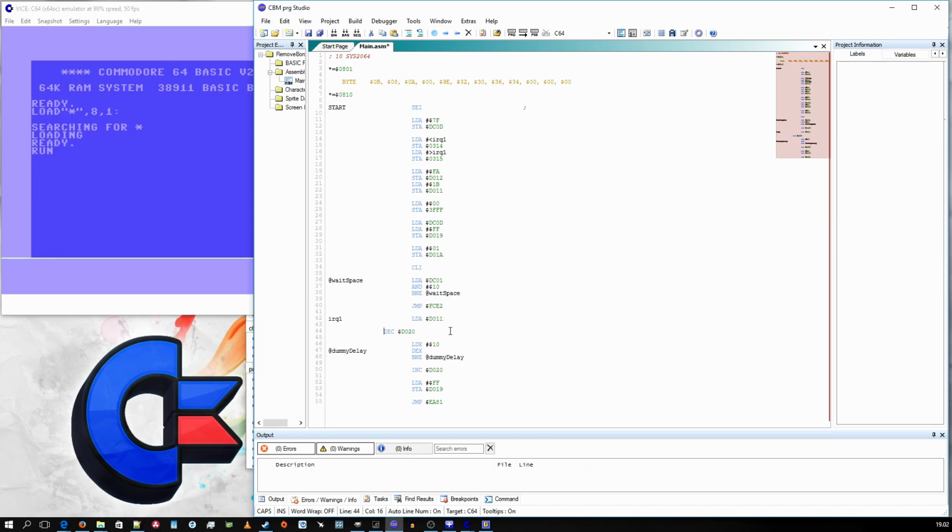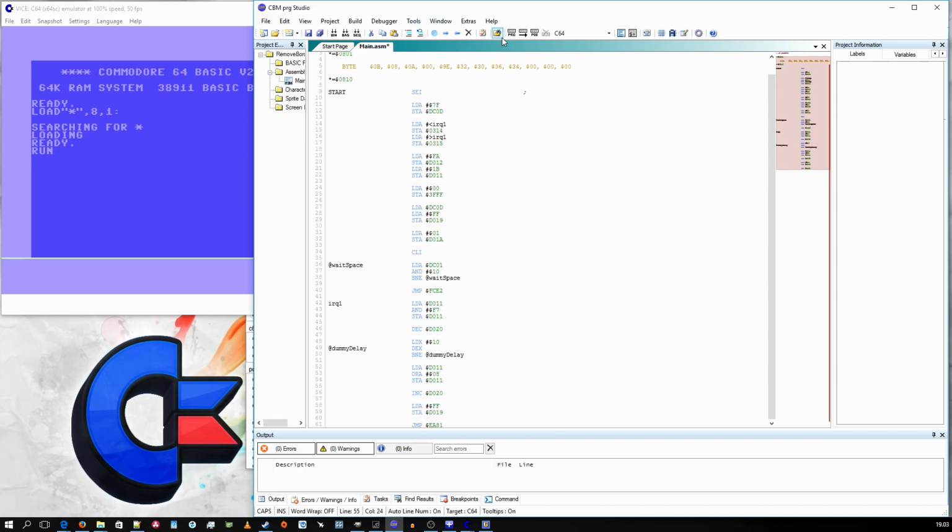First we change the screen height to 24 rows. And then we change the screen height back to 25 rows. Okay, let's run this again.